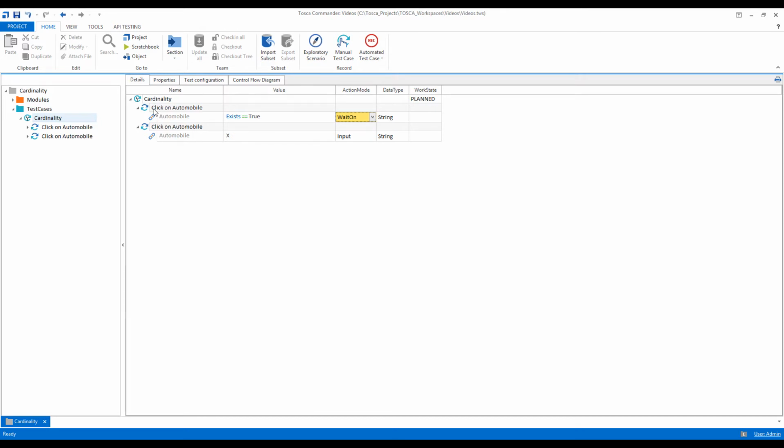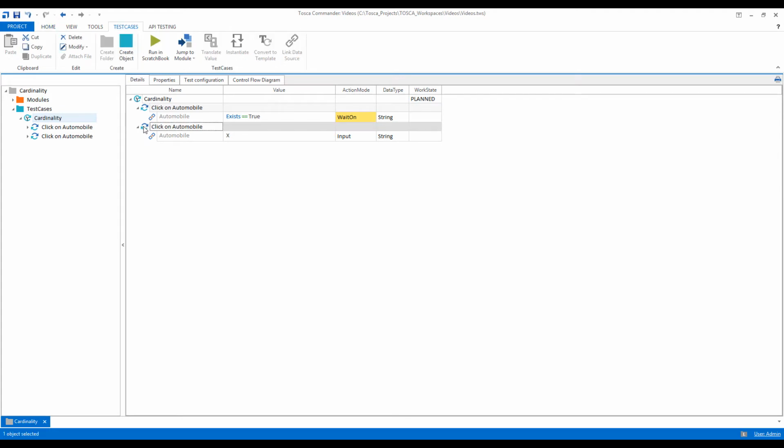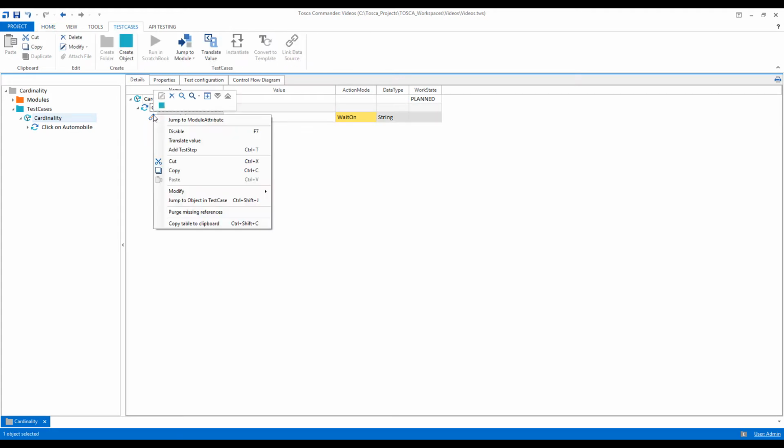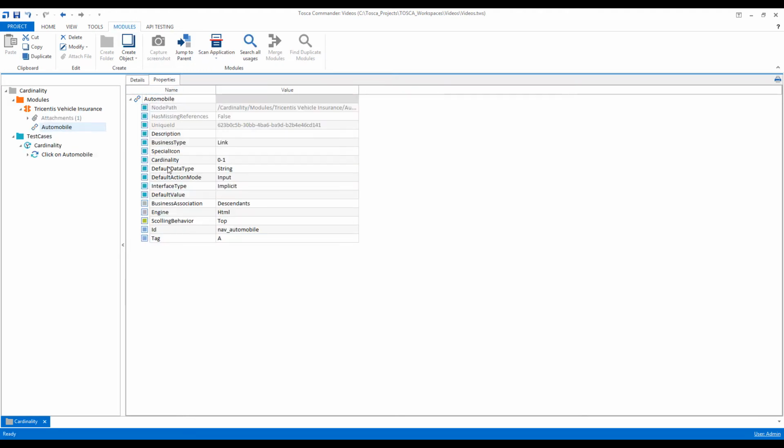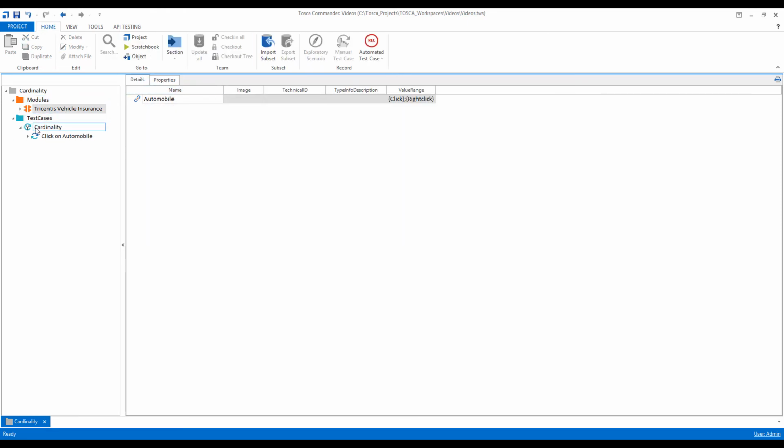these different test steps, we can just merge it into one test step by adding a cardinality. So let's see how we can add a cardinality. For now, I'll delete this test step. Now I'll just jump to the module attribute of this automobile and go to properties, and I can see that one inbuilt property is there of cardinality. I'll simply change the value from 0 to 1 to 0 to n,